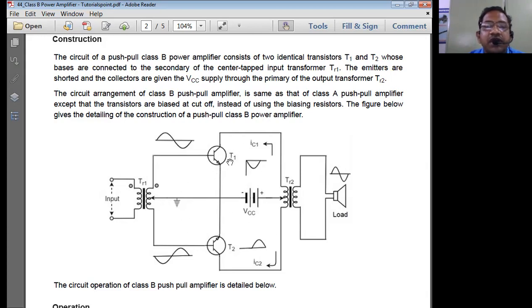Say for example, when T1 is in the on condition, this will be positive polarity. Positive means wherever you have this bigger dot, it is a positive polarity. The other one, ground, is negative polarity. So current flows from positive polarity to negative polarity. That means the conventional current is going to flow like this, positive to negative polarity. Non-conventional current is simply the reverse of this. So that is the non-conventional current that is going to flow through the circuit diagram.